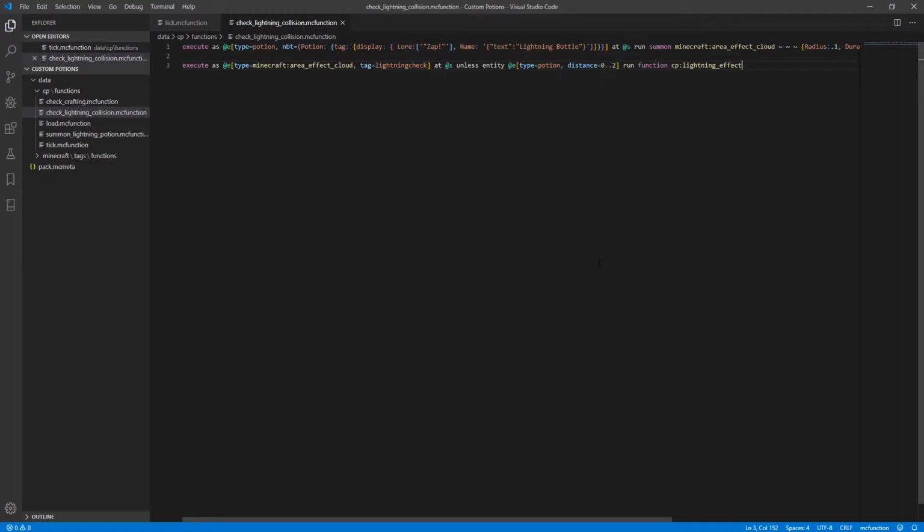What these lines are doing is every tick it checks for any custom potions with the name Lightning Bottle and the lore Zap that have been thrown, and summons an area effect cloud that lasts for about 2 ticks with a radius of 1/10 of a block. These summoned clouds also have the tag lightning check given to them when they are summoned, and that's used in the next line, which checks each tick to see if there's a potion within 2 blocks of the cloud,